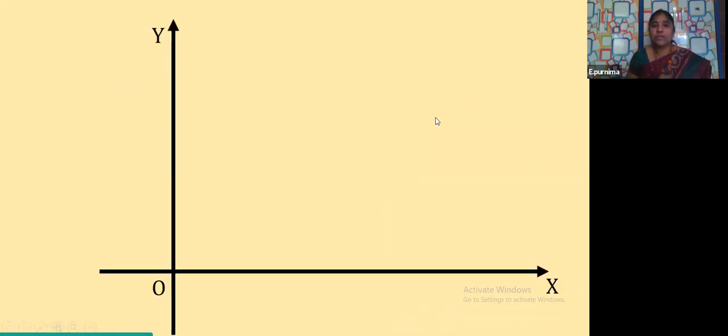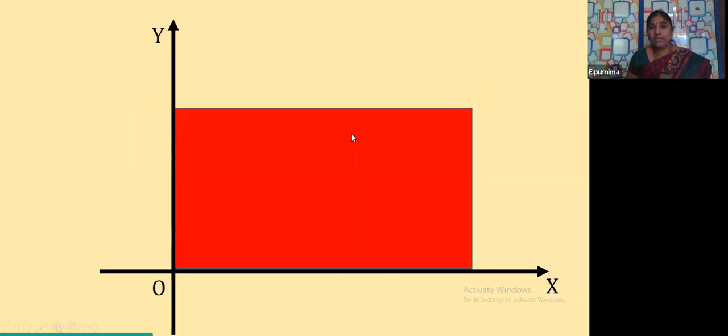So here also it is a coordinate axis. Now I am going to show you another curve, which is a rectangle. In a rectangle we have length and breadth. Yes or not? It's a two-dimensional figure. So what is there here? This point is nothing but the length. The length point is a comma 0. And the breadth point is 0 comma b. From here to here, what is the distance? It is b units. And what is the length here? It is a units.